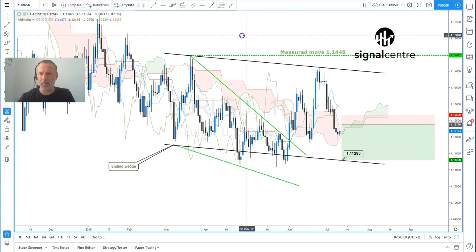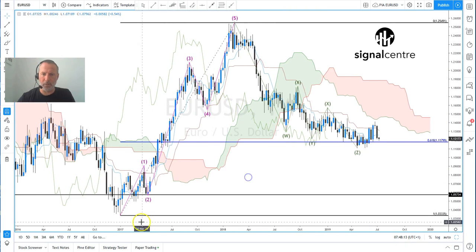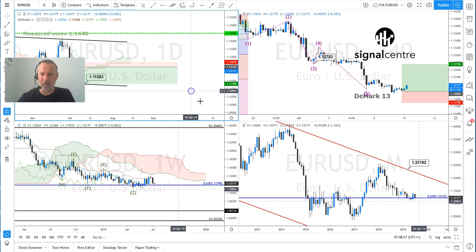So taking that back to euro dollar, let's just look at the weekly chart first. So obviously the opposite of what we're seeing in the dollar index, 5 waves up, complex wave sequence to the downside, levels close to the 61.8% fib again, find some buying interest. But if we go to this time frame,